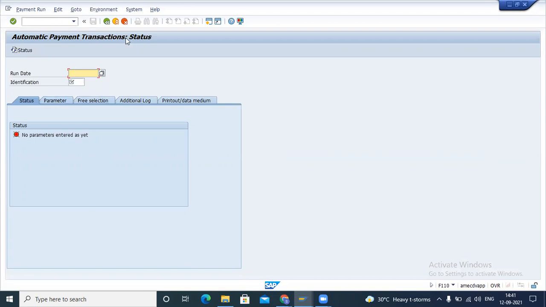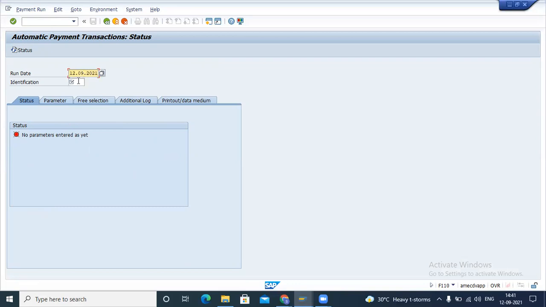I think this is the only major part. In this screen, this is the status screen. So whatever we are going to do, the status is going to update here. These are the first two fields. In the run date, we always need to enter the current date.